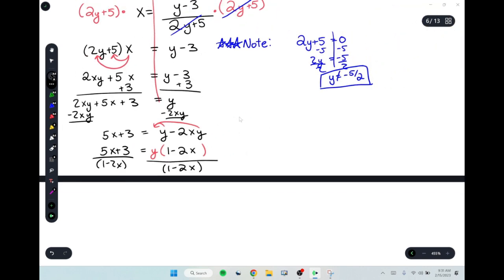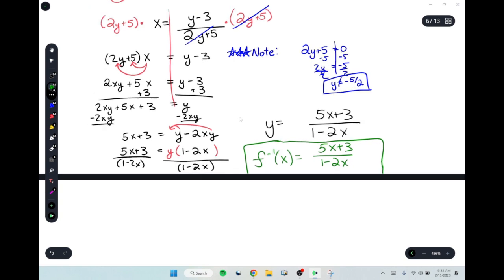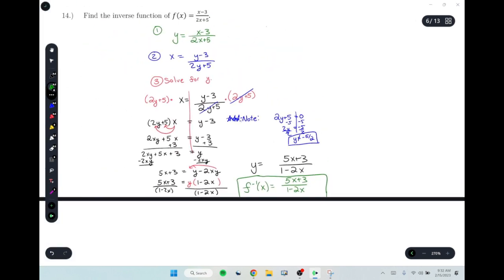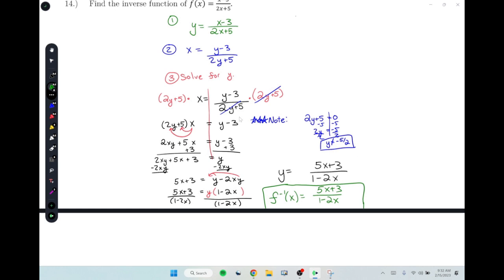So we've got y equals (5x plus 3) over (1 minus 2x), or f inverse of x equals (5x plus 3) over (1 minus 2x). Cool? Mr. Cole, can you explain the note again? I'll zoom out. Oh, the note? The note was for domain purposes, or for the case where they said plug a number in,